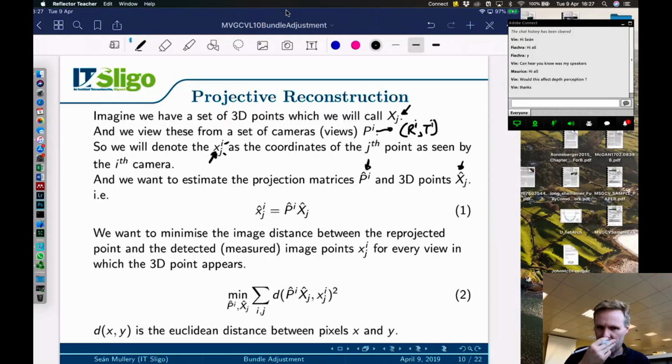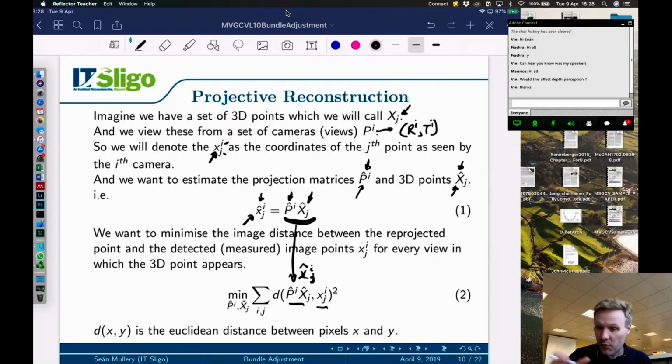So we want to estimate the projection matrices P hat i and X hat j. And remember that there's going to be quite a number of these and quite a number of these, right? So what happens is that we project our 3D points, our guesses, into our guessed projection. That tells us where within each frame i and j our guess is going to be. So this is our guess of where points should appear in frames. And we're then going to compare that, which is basically the same as just having the little x hat ij there, to the actual measured values, which, as we said before,